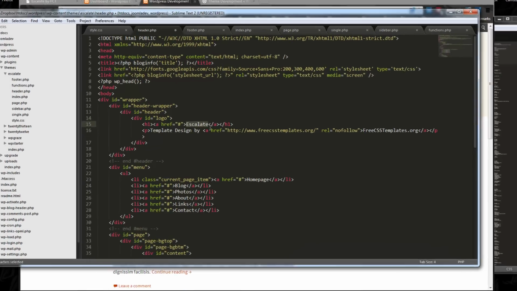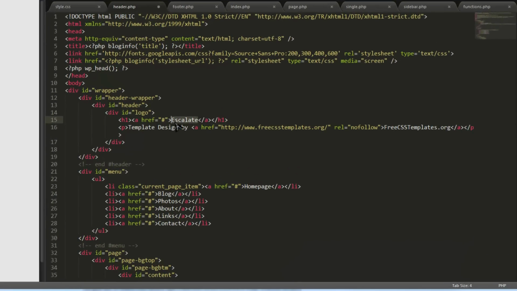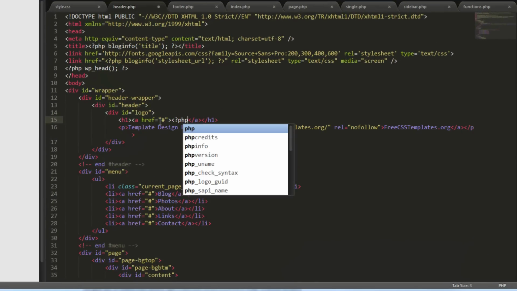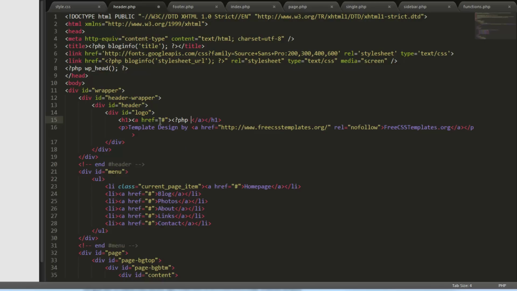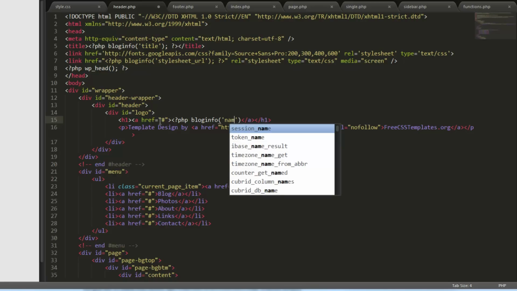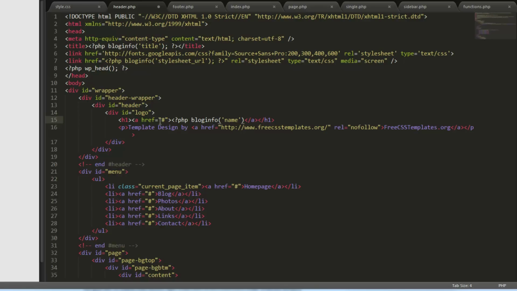So we're going to replace this static content. So we want to say PHP blog info, and you can look all these APIs up, this blog info, on the WordPress documentation. So this is going to be the name, so basically just the name of the site. We can change that inside of the WordPress admin area. Same thing with the